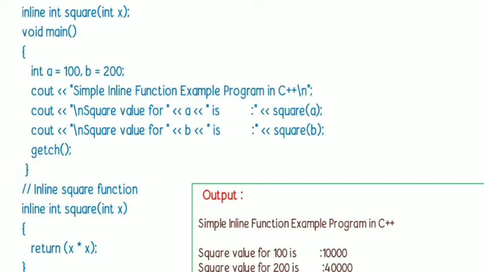So what I said in this example, when a function is defined with the keyword inline, then it is termed as inline function. So when an inline function is given, then where this function is called, in that location the task or action that the function can do will be substituted. So in the place of square of a, it is substituting the statement a into a. In the place of square of b, it is substituting b into b. So the actual line is expanded inline.